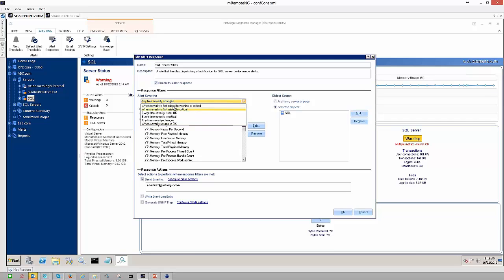So I get warned, and so do they when it goes to critical, but then once I've fixed the thing, an email gets shot out to my bosses, for instance, letting them know, hey, Roy's taking care of the problem, things are back on track, right? So there's a few different options and use cases, obviously, but the general principle is we've got some